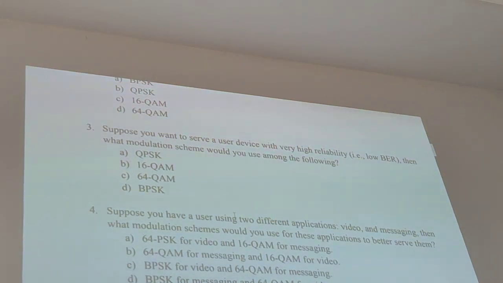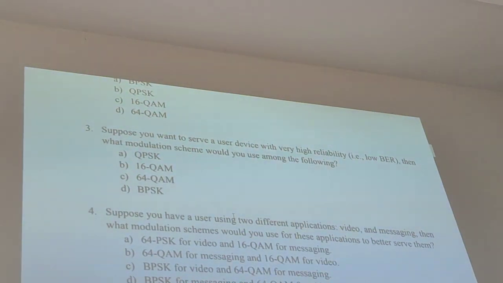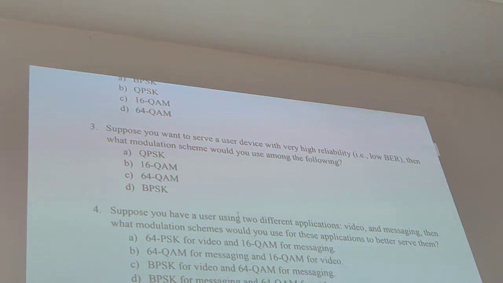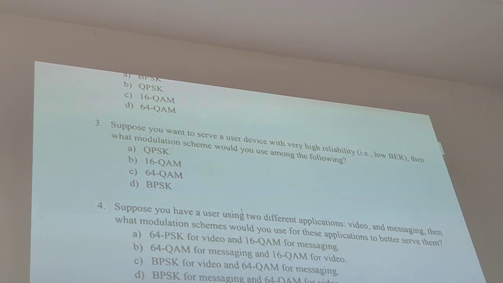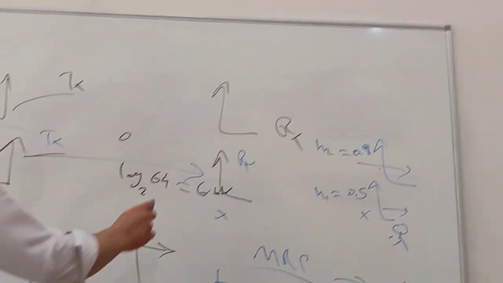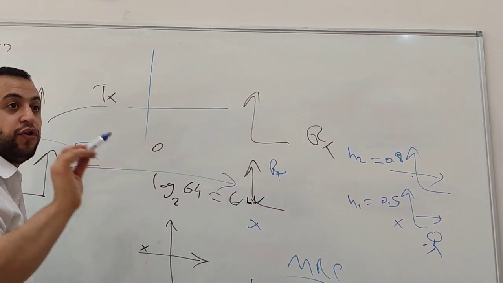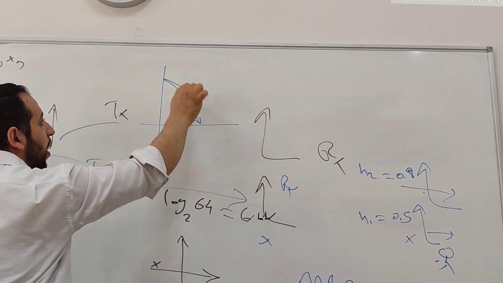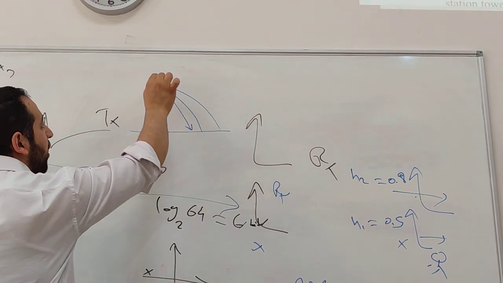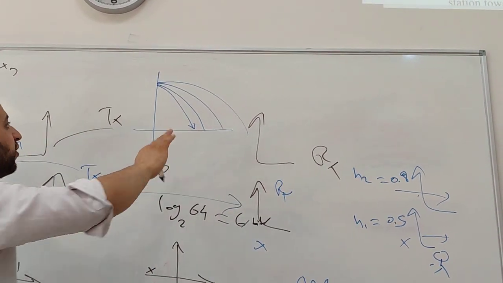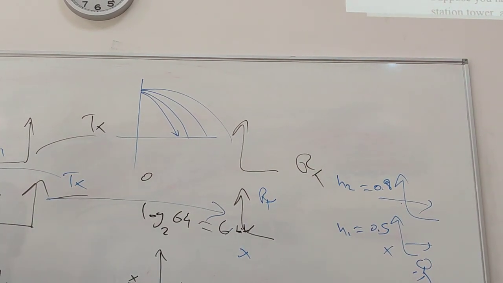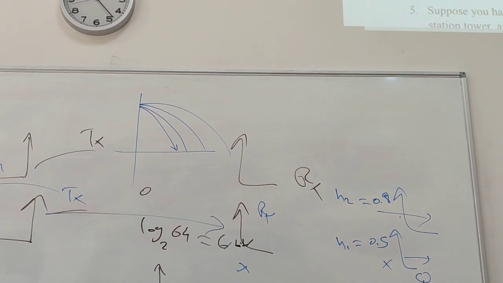BPSK basically, because it just requires 1 bit per symbol. But the other ones, they are also in the bit error rate diagram. You can notice that the BPSK bit error rate is like this, but QAM is like this, and the higher the modulation order, the more the errors in the modulation. Okay? The higher the bit error rate is going to be.